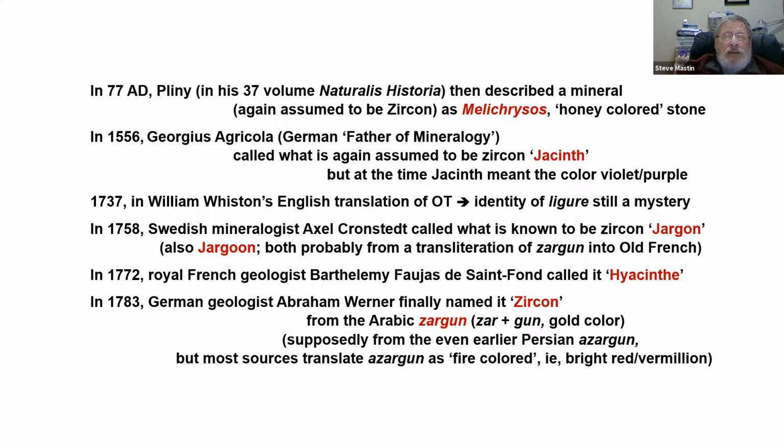And then a few decades later, a French geologist called it hyacinthe. We're back to that again, hyacinthos from before. And then eventually in 1783, a German geologist finally called it zircon. And from the Arabic, zargun means